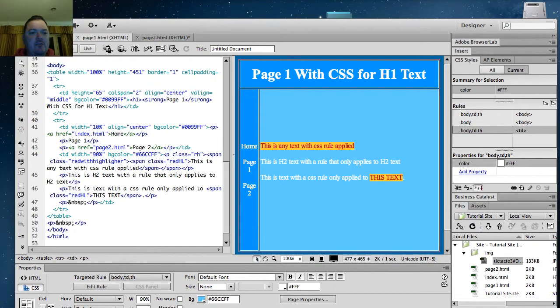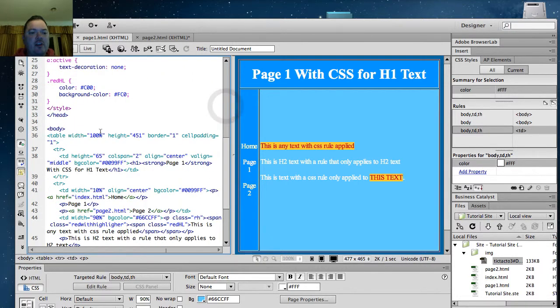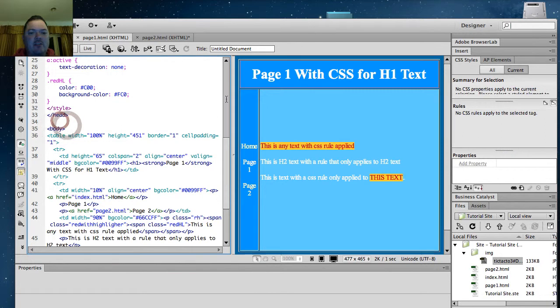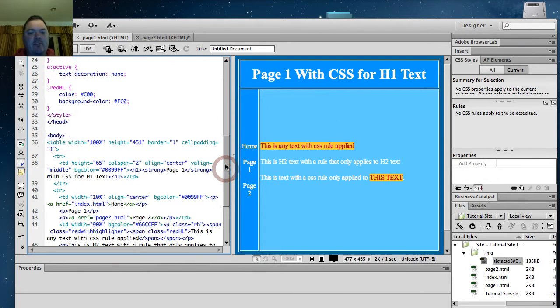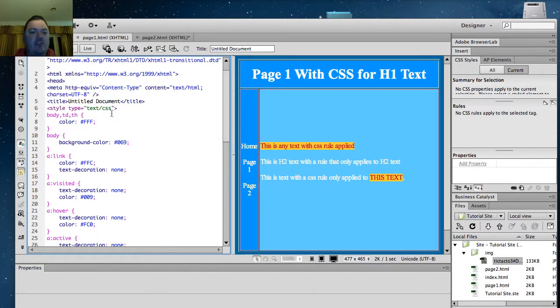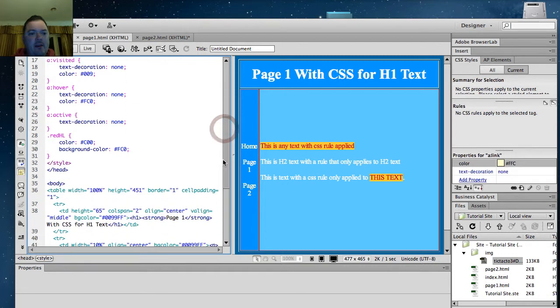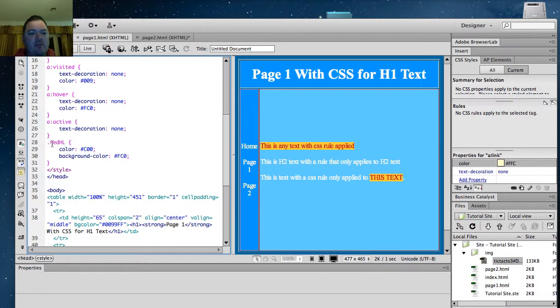If I look at the split view here, you'll see at the beginning of my document, in the header tag, because the HTML is split into a header tag which has all information about the page, and then the body. Here, the body of the page is where all your actual text and images and tables are. You can see in the header of the page, which you don't see, you've got all these rules here for what the body text is going to look like, what an anchored link will look like, the color and decoration. And you can even see my new rule, my new class, .red with highlighter, what the color is and what